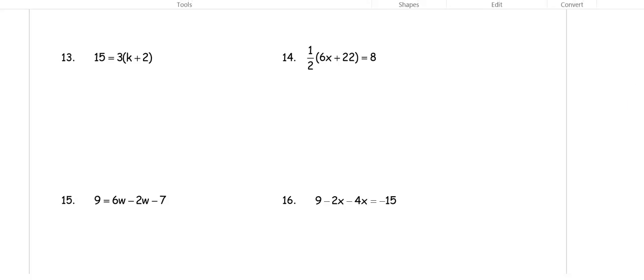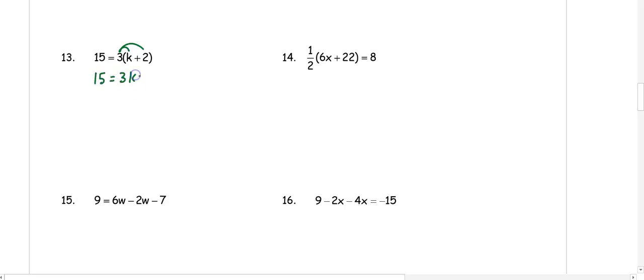Number 13. In number 13, notice that there's a set of parentheses. So in order to solve, I first need to distribute what was outside the parentheses to each term. So I'm going to distribute 3. Remember, when you're distributing, you are multiplying. So 15 equals 3k plus 6. And then we're going to subtract 6 from both sides because it was being added. So we get 9 equals 3k. Then to get k by itself, we're going to divide both sides by 3,